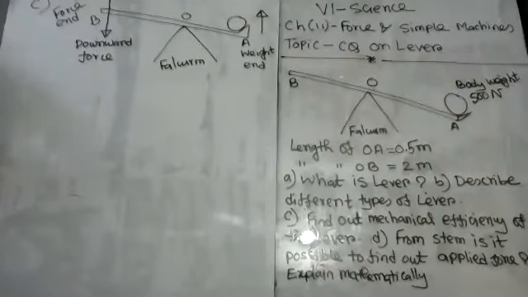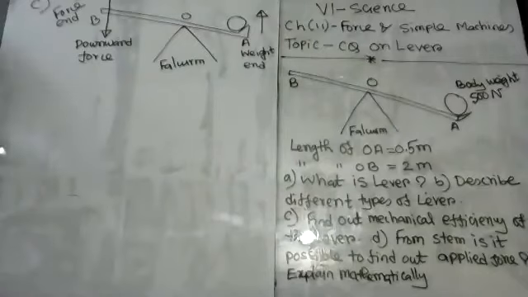I repeat again, boys and girls: from point O to point A, you are going to lift this body, and this point A holds the body. That's why this O to A end is known as the length